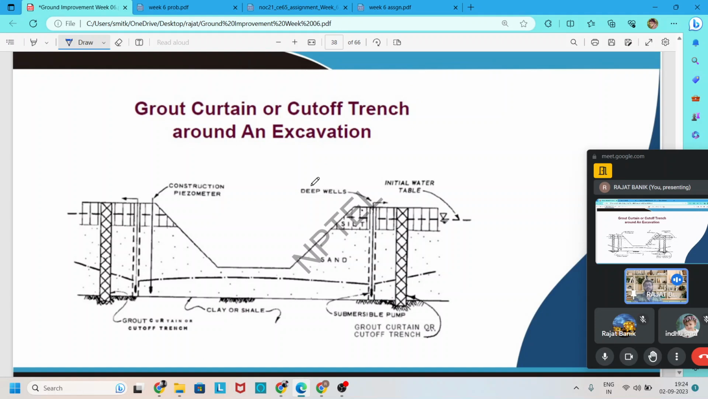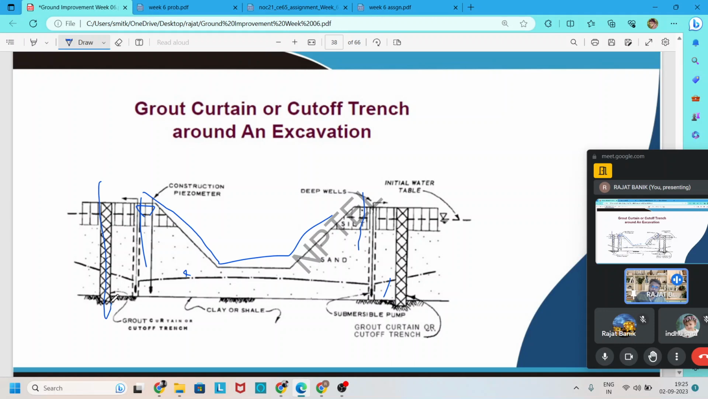Another dewatering technique is the grout curtain or cut-off trenches around the excavation. In an excavation like that, the original water table is here. We want to lower the groundwater table below the excavation level. For this, we use submersible or deep wells on both sides. But to maintain the groundwater table below the excavation level permanently,